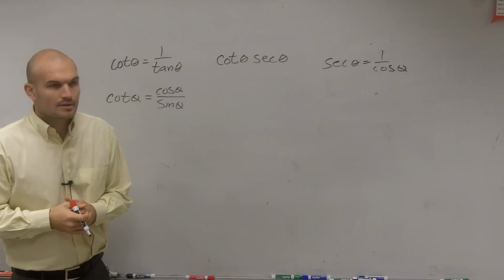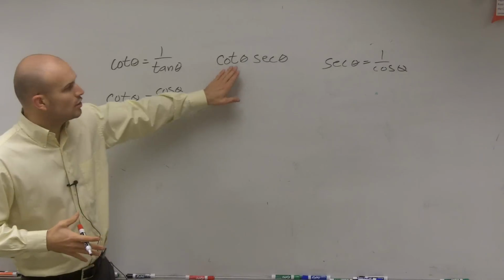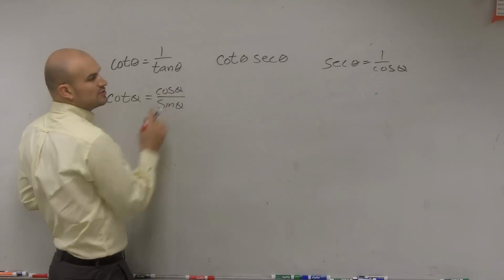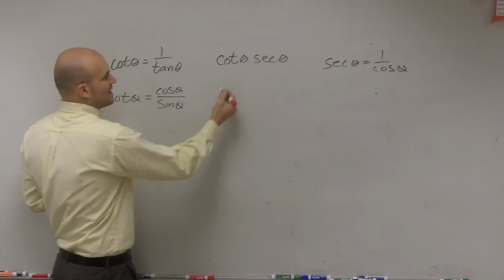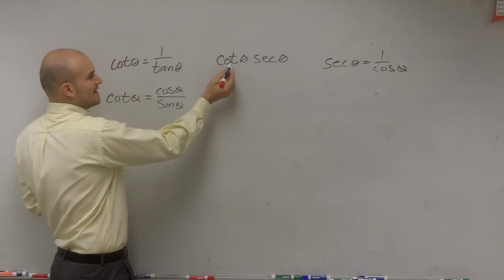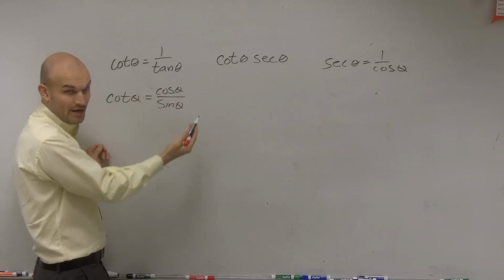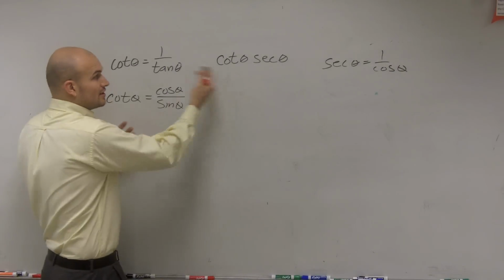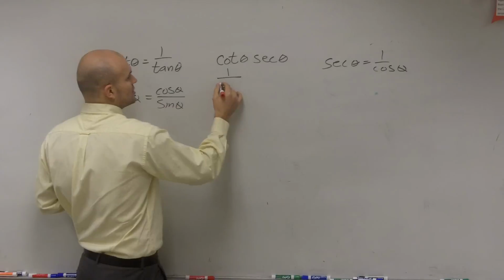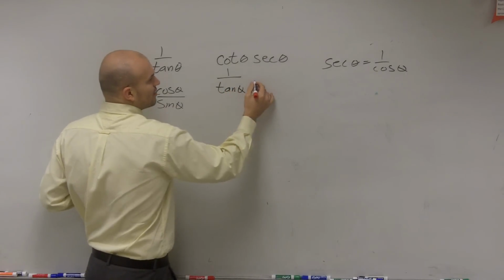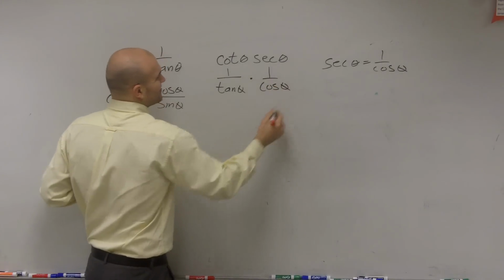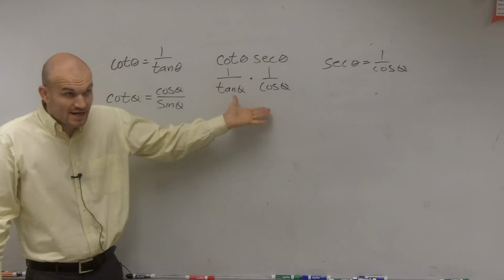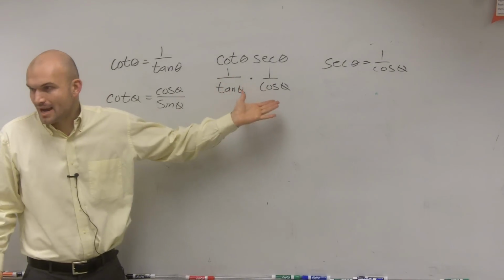All right? So let's transform cotangent and secant and see if we can change it up or simplify it somehow. If I use the reciprocal identities in both of these, let's see what that does. Rather than writing cotangent theta, I can write 1 divided by tangent theta, right? They're equal to each other. That's what I was getting at last class period without speaking. They're equal to each other, so you can rewrite them using the other term. So if I rewrote secant as 1 over cosine of theta, am I really doing anything that's going to simplify this at this point? No. I transformed it, but this isn't really going to help me out at all.